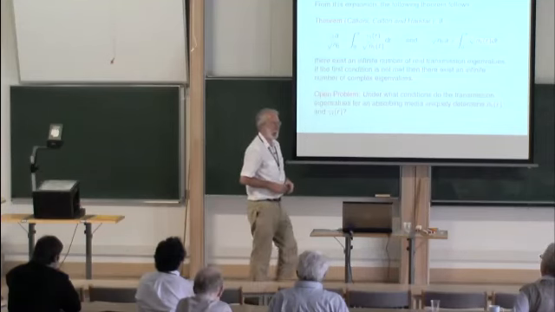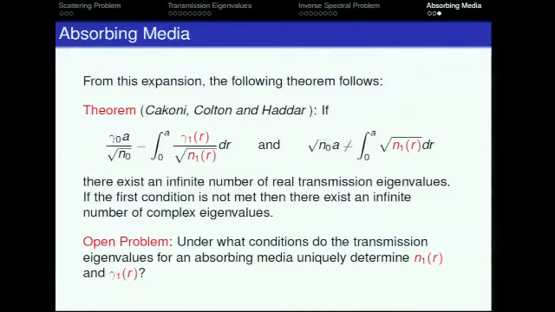So if you were in a fantasy world and talked about non-destructive testing, you would immerse this material in an appropriate absorbing background media, and if you had real eigenvalues, that would tell you something about the index of refraction and the known medium. So even if you have absorption, in some cases you can have real eigenvalues, and of course the question is, if you don't have this condition, do there exist real eigenvalues anyway? This would be the analogous question, do there exist complex eigenvalues in the other case? And no one knows anything about that.